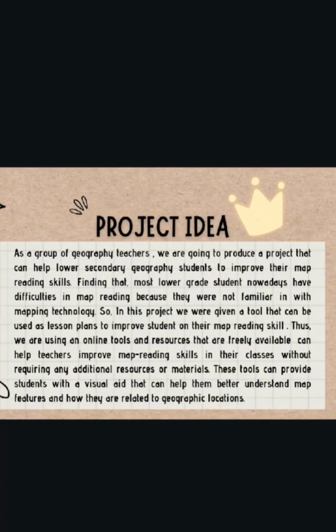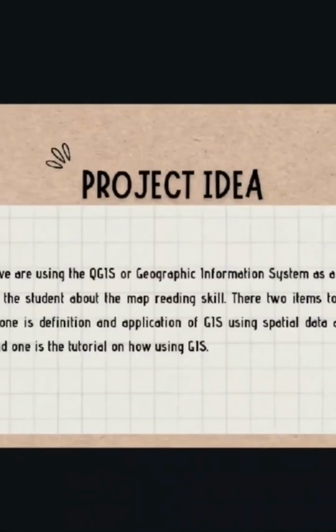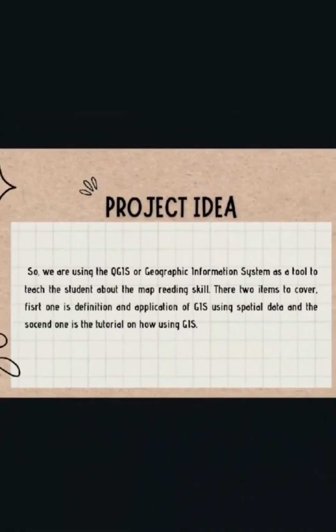This tool can provide students with a visual aid that can help them better in understanding map features and how they are related to geographic location. So, we are using the QGIS or Geographic Information System. It is a tool to teach students about the map reading skill. There are two items to cover in this project. The first one is definition and application of GIS using spatial data, and the second one is the tutorial on